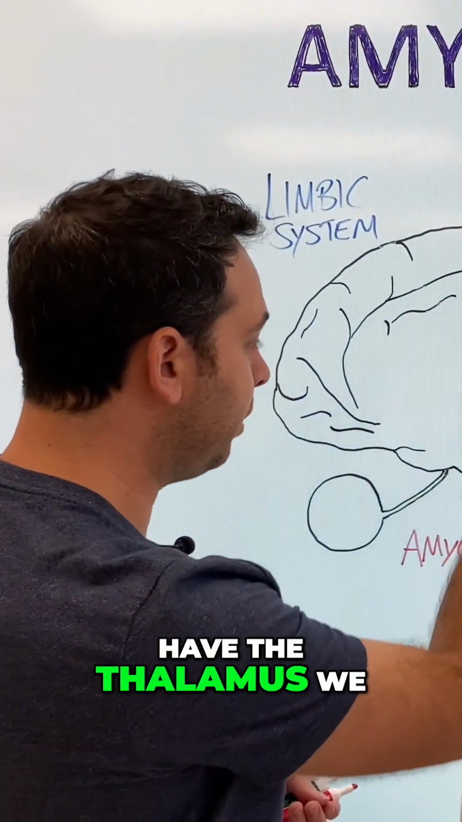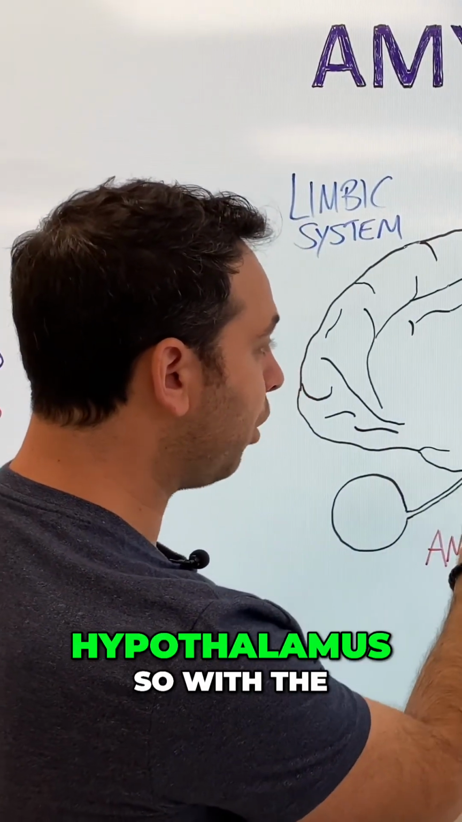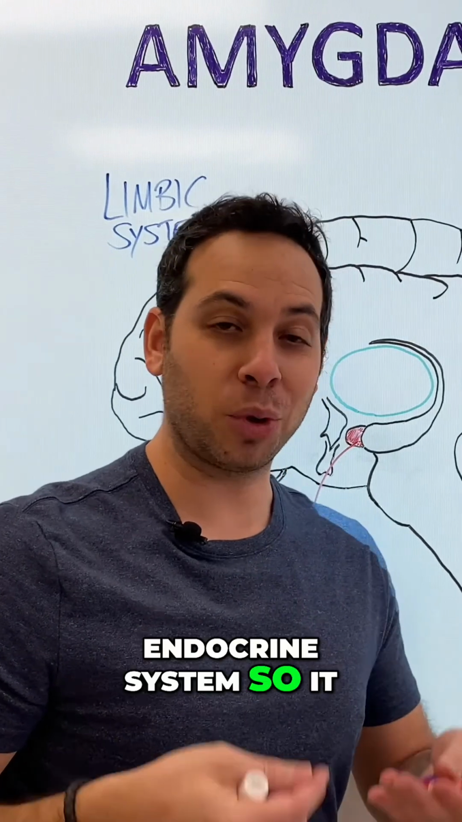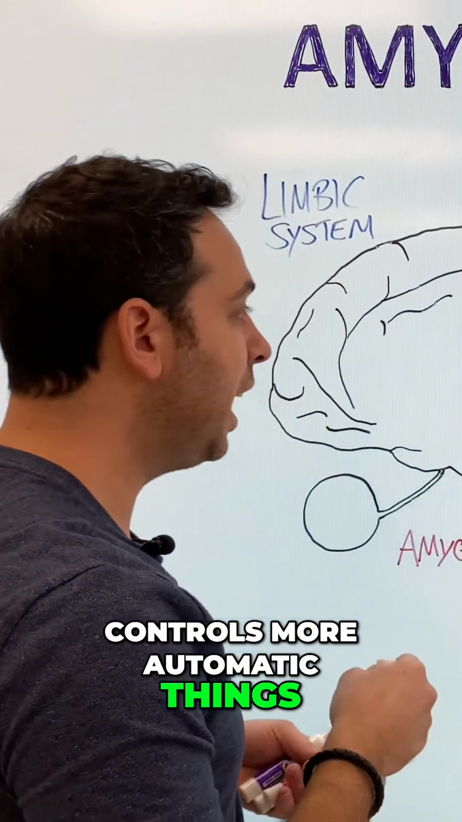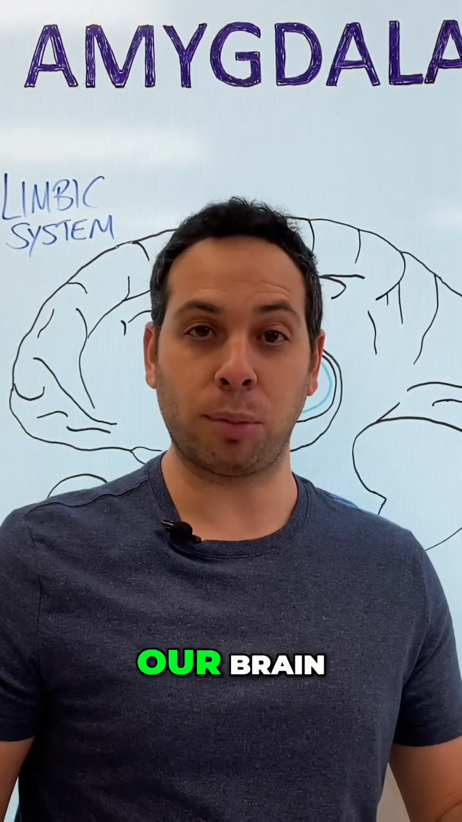So we have the thalamus, we have the amygdala, we have the hippocampus right here, we have the hypothalamus. So with the hypothalamus, that's also the endocrine system, so it controls more automatic things. But if you ever read something in a psych textbook and it talks about the emotional center of our brain, 10 out of